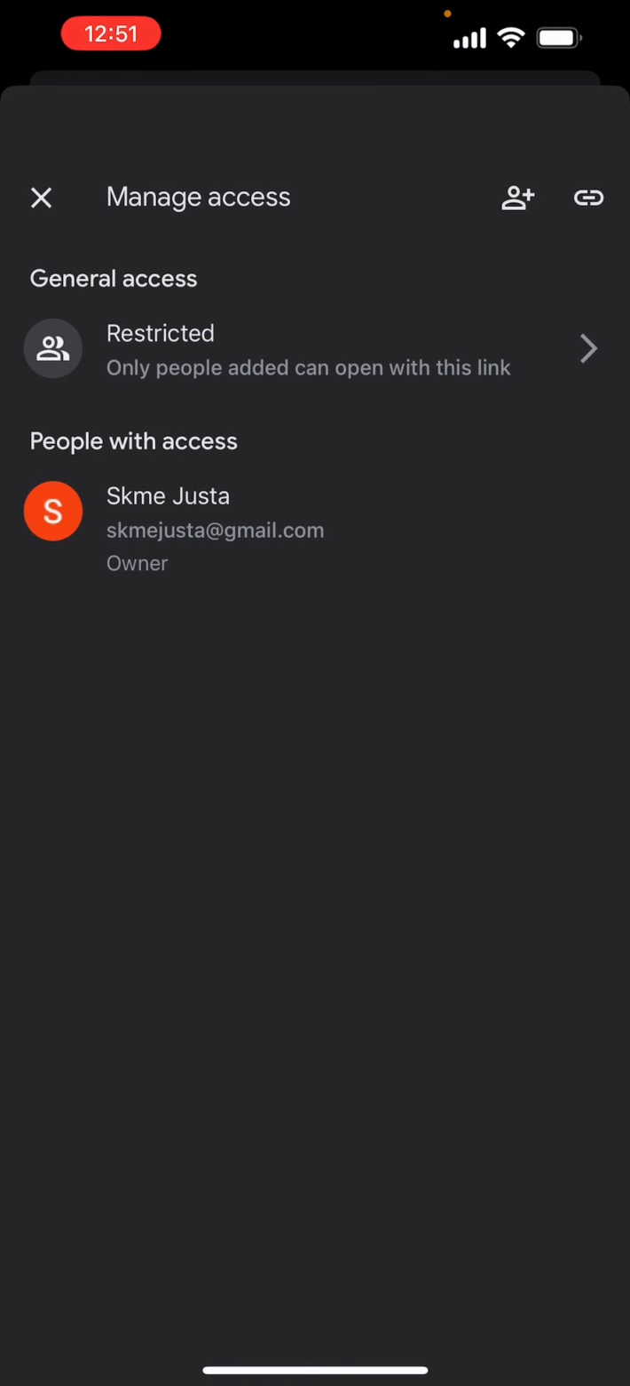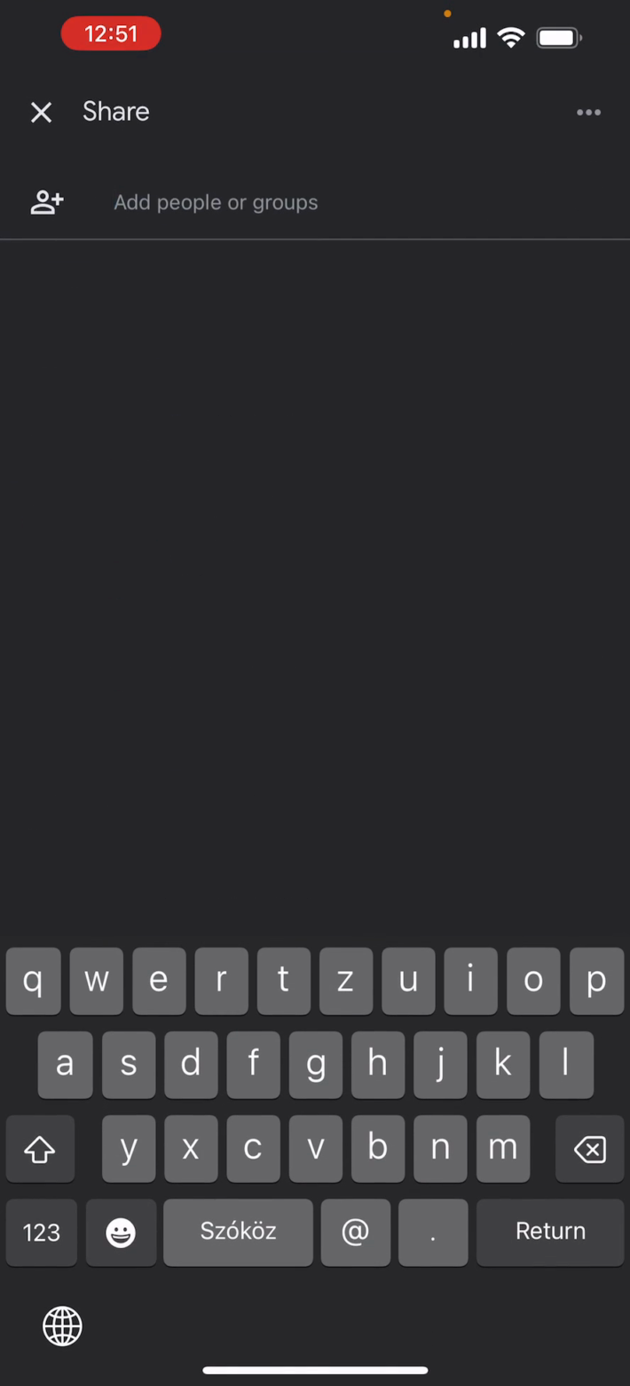Click on that. Here it shows you who has access to it, but if you want to add people, you just have to click on this little person with a plus icon next to it in the top right corner of your phone. Add the people and just hit